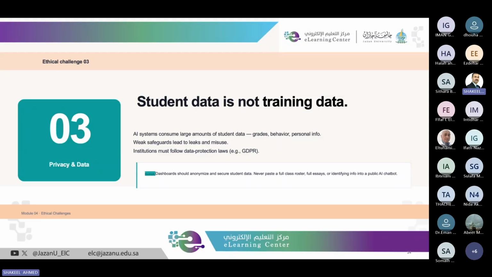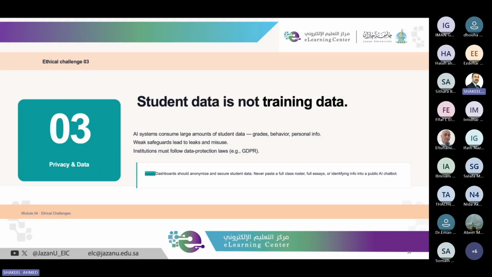But beyond the law, there is a basic ethical point. Students' data belongs to students. That doesn't belong to anyone else. So we hold it in trust. It is not ours to hand over to commercial AI platforms. So you need to be careful once you're receiving data from the student. A faculty member should not upload it into AI tools without prior permission, because these are commercial